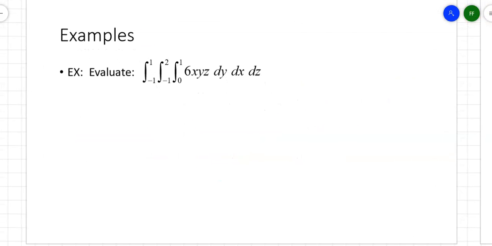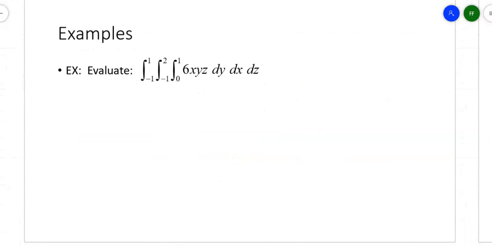Right, how does all this work? Well, from the inside out. So this one starts with a dy. This one is given dy dx dz. And so let's start from the inside. When we integrate with respect to y, the x and the z are treated as constants, so we end up